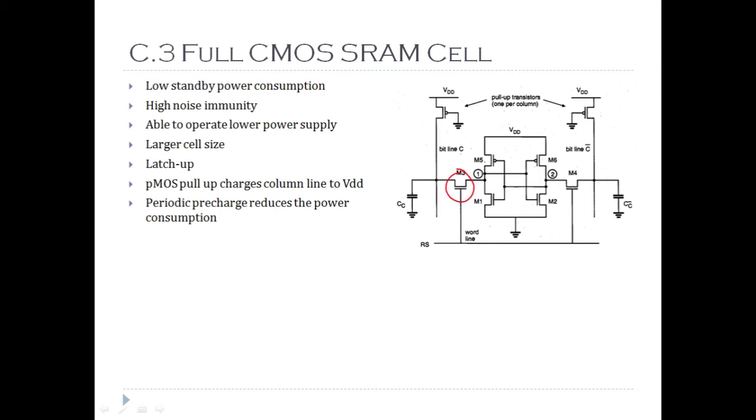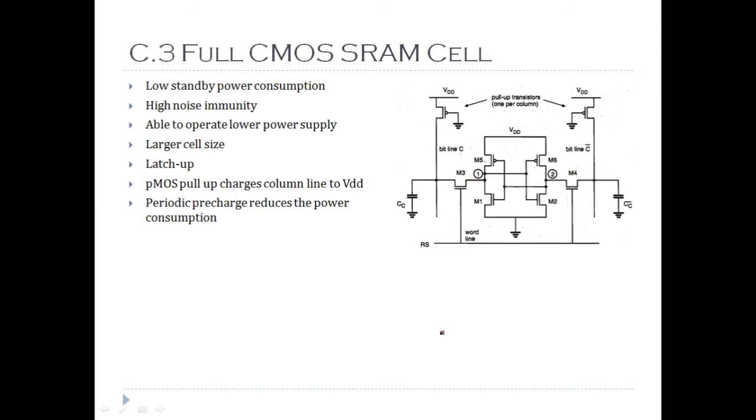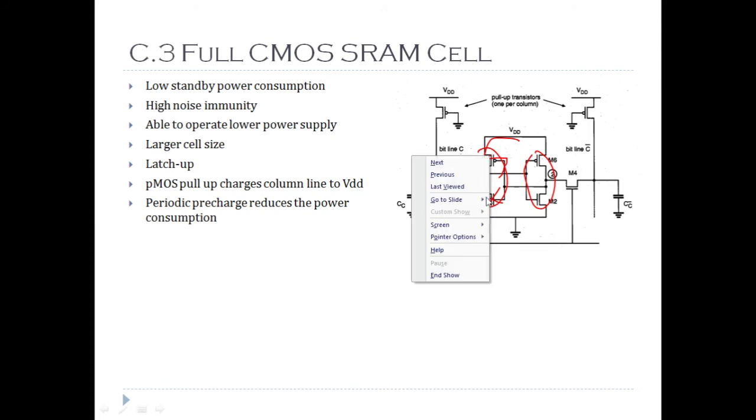This can be accessed through two transistor switches, M3 and M4, and connected to bit line VC and VC bar. Now, the biggest advantage of static CMOS circuit is its low power consumption. So this CMOS SRAM cell also possesses this advantage because, like we have seen in the previous discussion, there will never be a path from VDD to ground, because you will always find one of these two transistors in the branches is off.